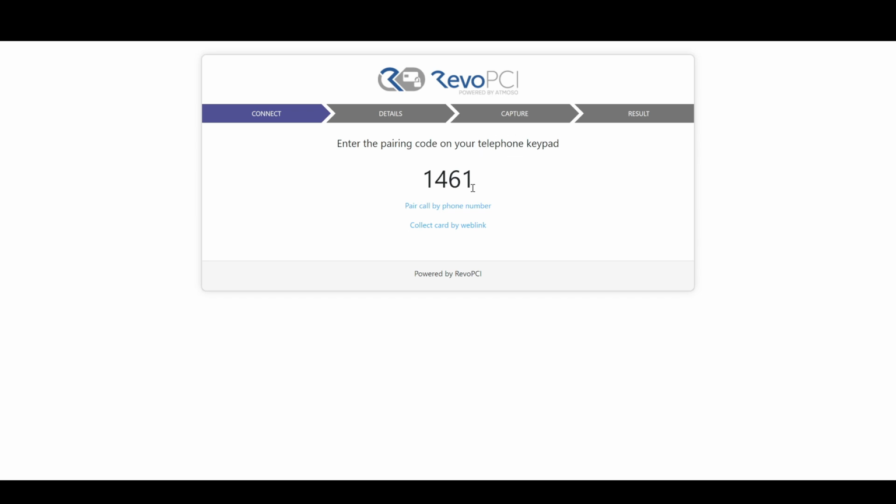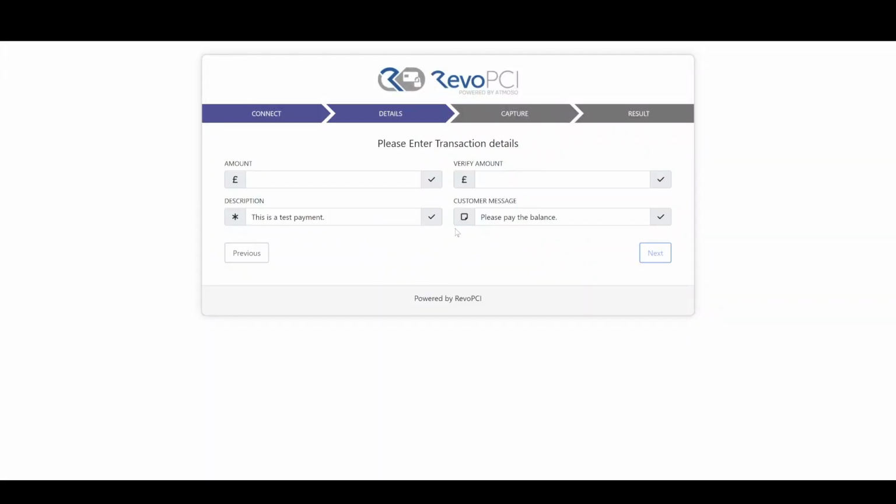To get started, click on Collect Card by Web Link to begin. You will now see multiple input boxes which are required by the payment provider. The options here can range quite significantly, but a lot of them generally follow the same pattern. The customer's first name, last name, address and reference number are some of the commonly required details for most payment